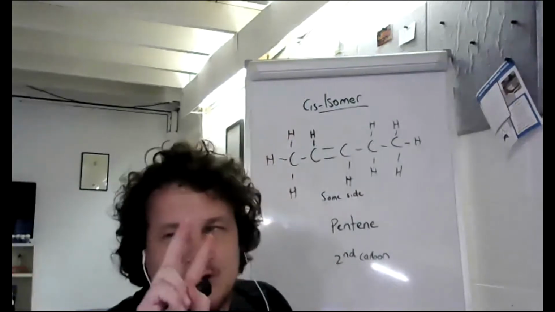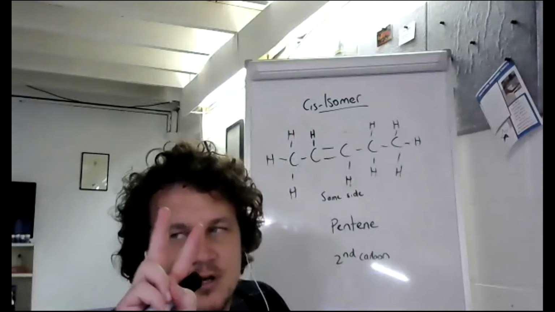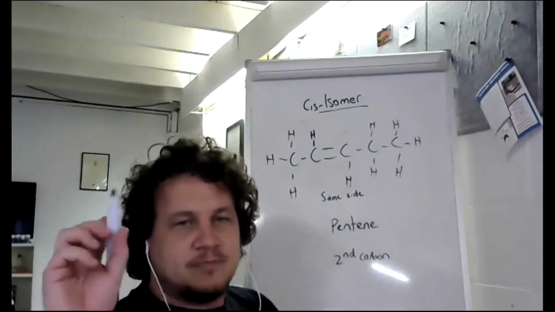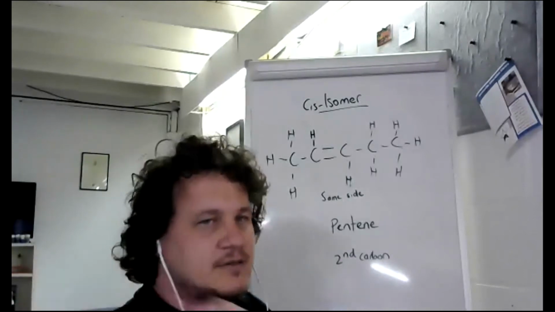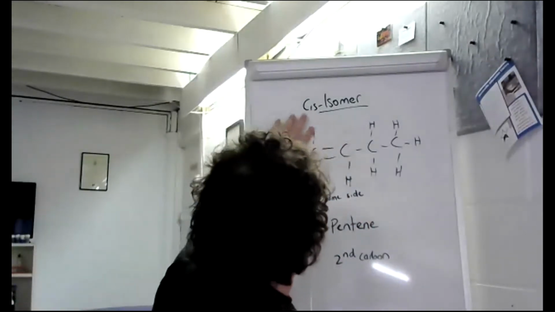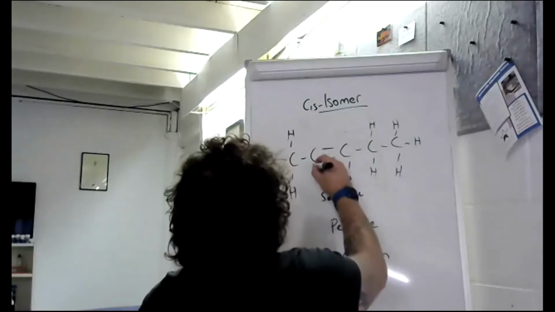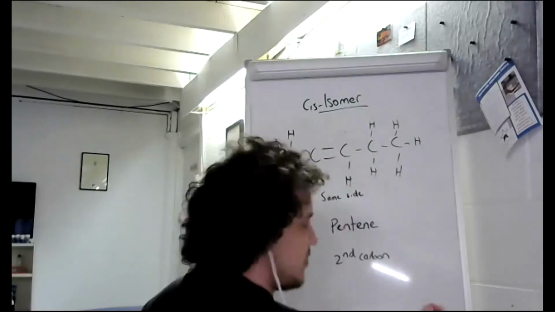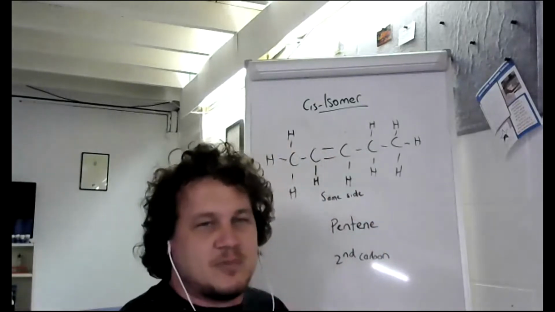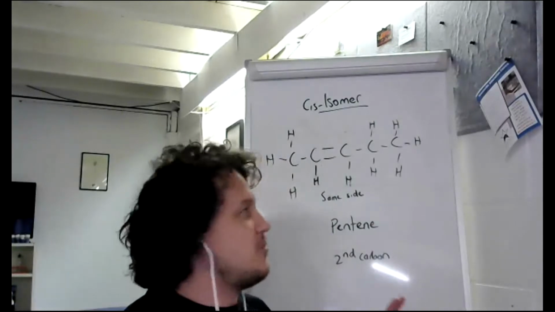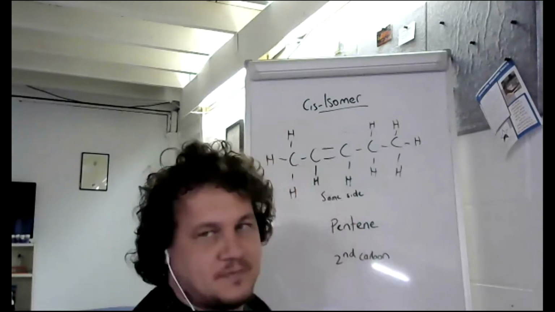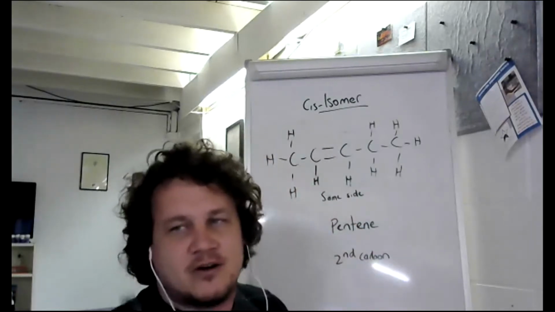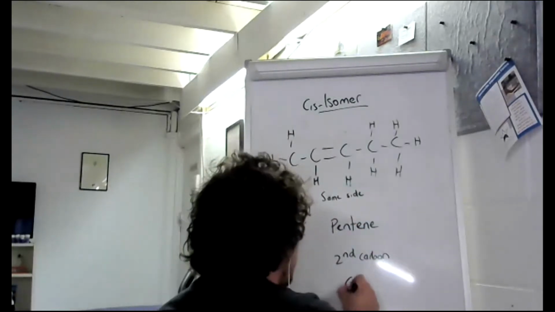So we can already get rid of two of those answers. We can get rid of B and D because this is the cis isomer. And this is why I say it's not the smartest students that do the best in the exams. It's the ones that stop and actually look at the question and what's being asked. So we're now looking, it could either be cis 2-pentane,